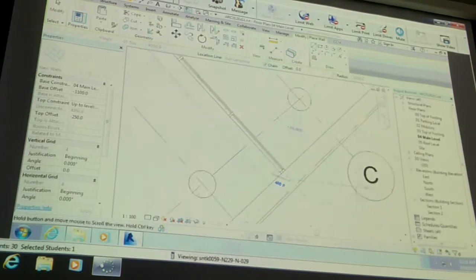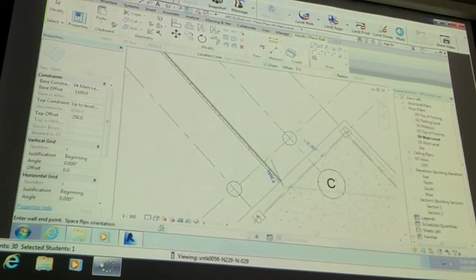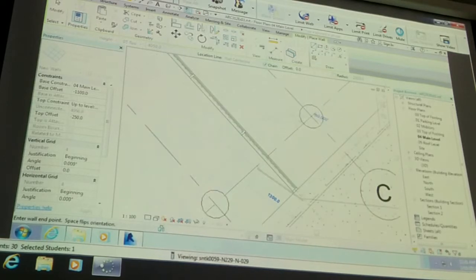All right, so that draws a piece of curtain wall. Now, when you draw a curtain wall like this, you don't have a choice of location line. Curtain wall is defined down its midpoint only, so there's no way to move it left or right using a different location line. But what I'd like to do is take this curtain wall now and push it towards the